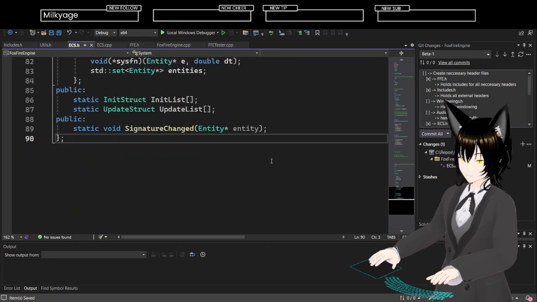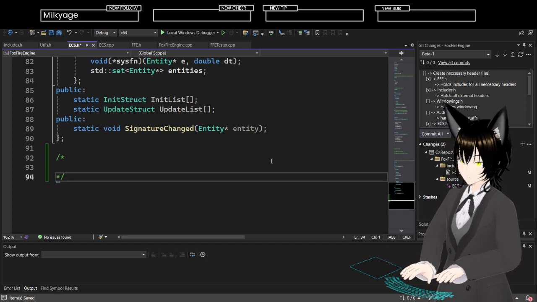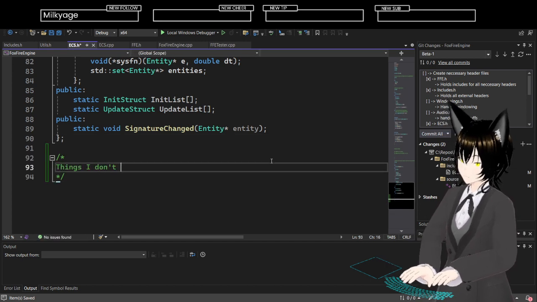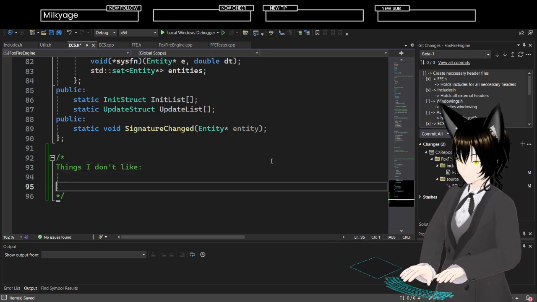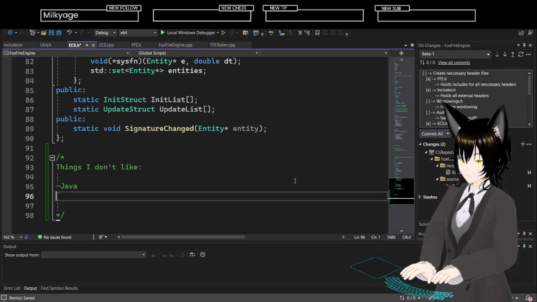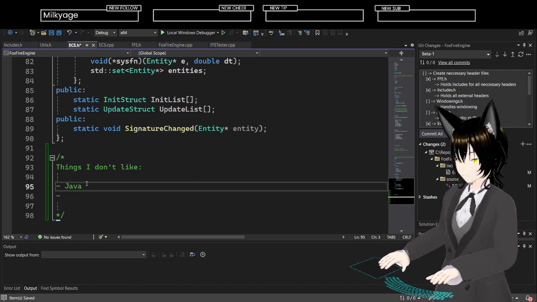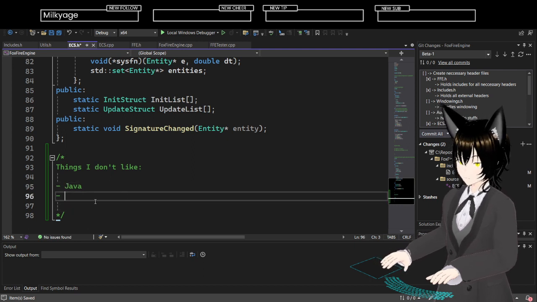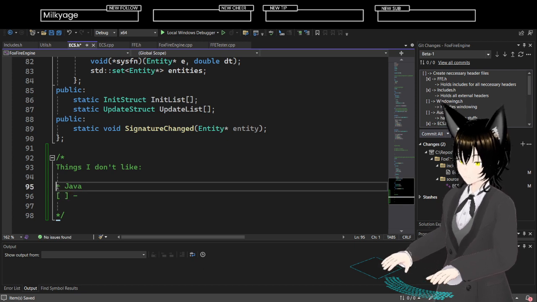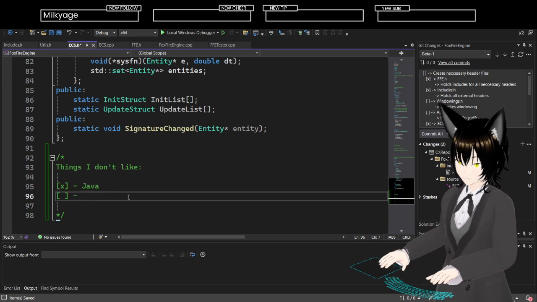Let's make a little list for ourselves, right? Things I don't like. For one, Java. Since we're not using Java, I can already mark that.